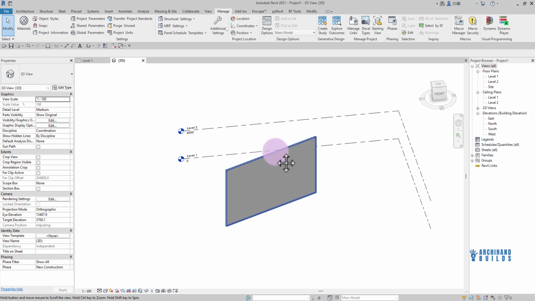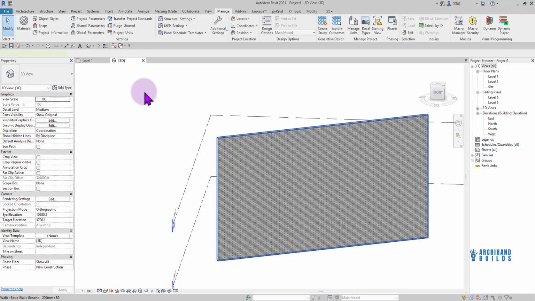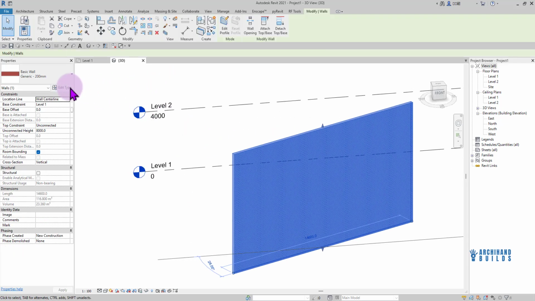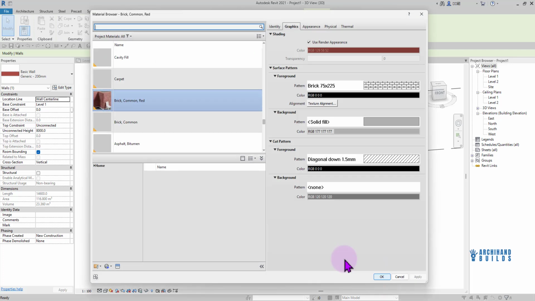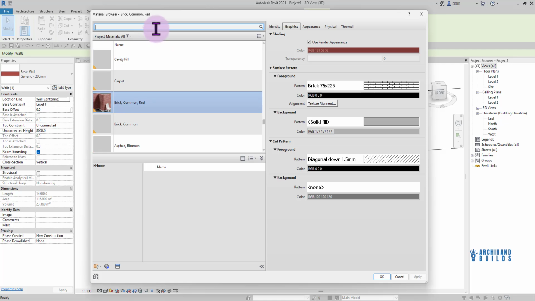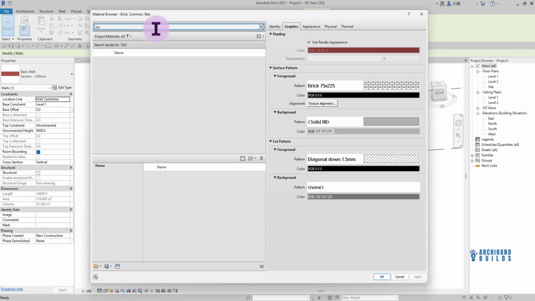So let me just head in here and let me just place that material on the surface of that wall right there. So edit type, get into those three dots right there, and then we are going to find our